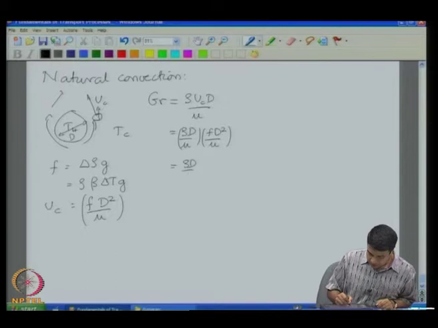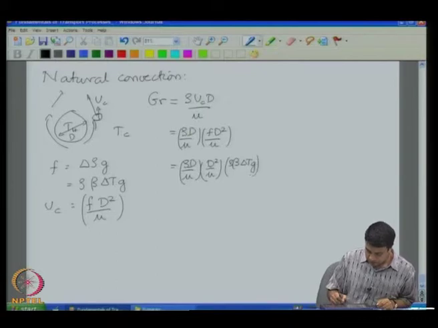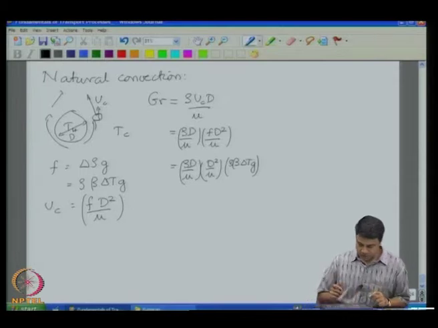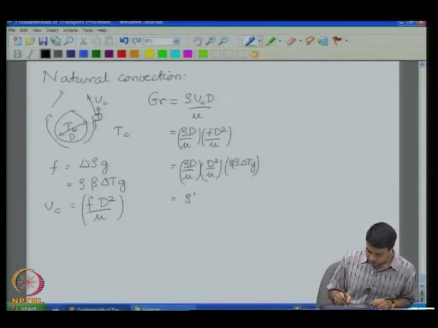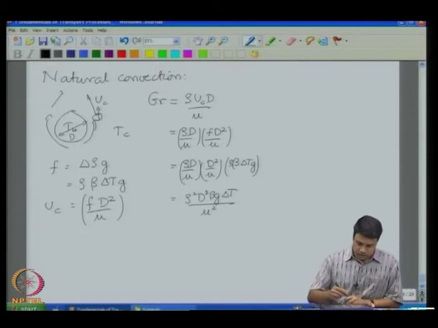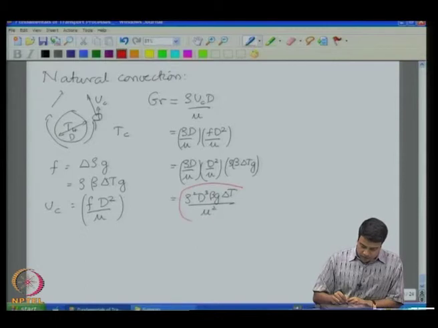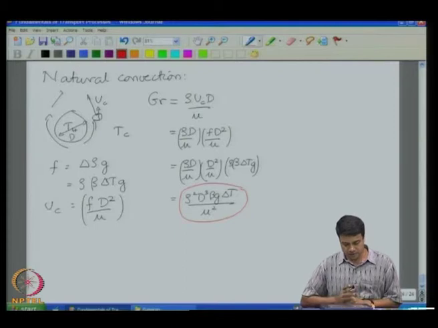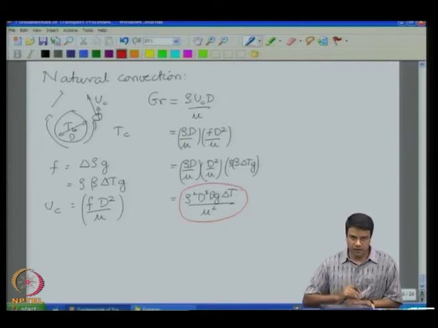which is rho d by mu into t square by mu into rho beta delta t times g. So, you assemble all terms together and you will get rho square t cubed beta g delta t by mu square. So, this is the Grashof number. It is a complicated number. It looks like it has many different factors in it, but if you break it down to its basics,